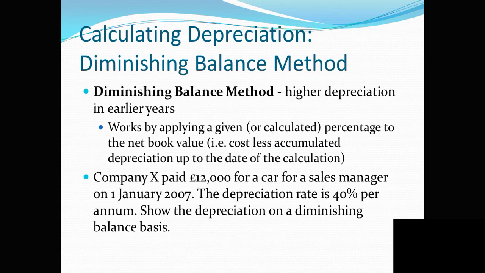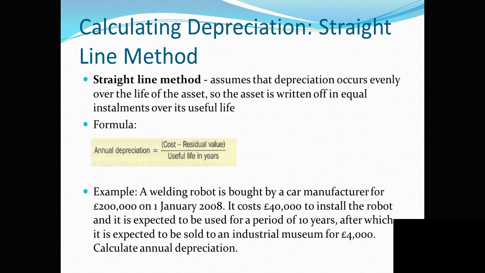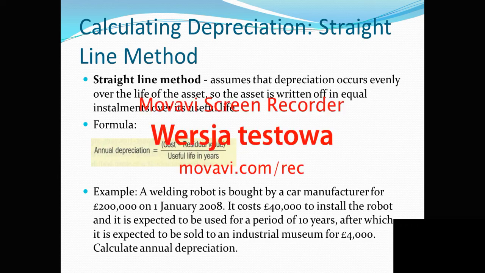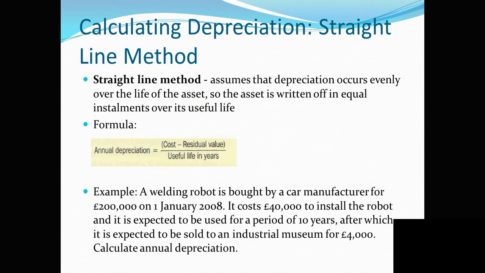Calculate the annual depreciation. I didn't make the calculation, but I will tell you this. So the purchase price of the robot is 200,000 pounds, but also the cost of installment should be included in that purchase price. So here under cost,